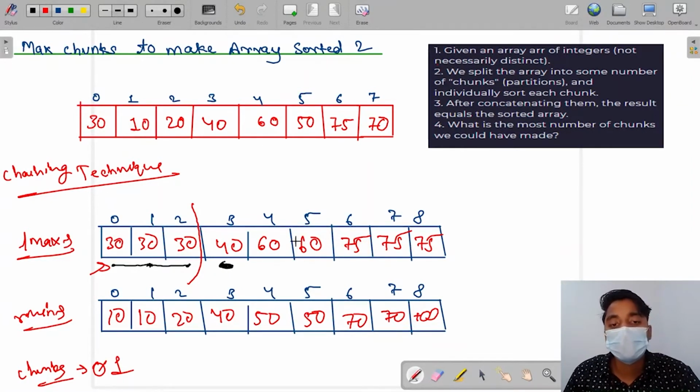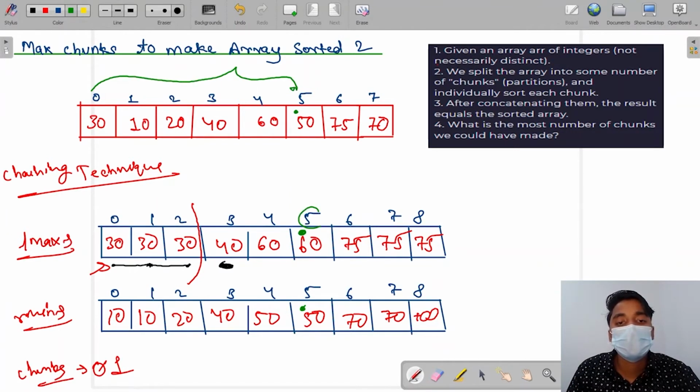Now here one thing is, at each index, if we are at 5, this shows that the left max value of this index is at index 5.